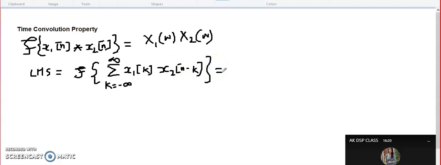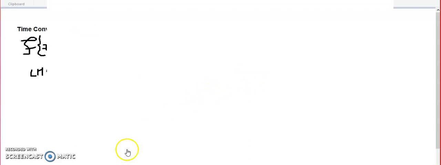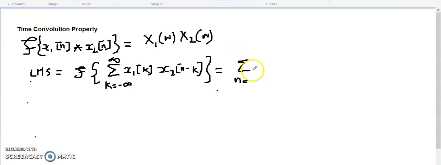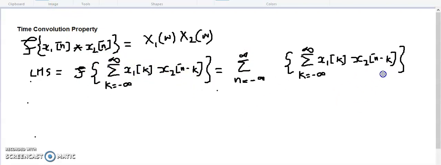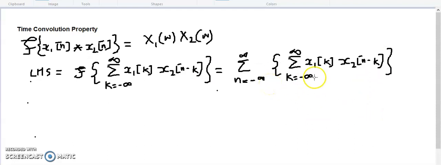So as per the definition of DTFT, it can be written as the sum, n changing from minus infinity to infinity, of this function into e raised to power minus j omega n. This sum is on n and this sum is on k. So these are two sums, and if we interchange the order of the sum,